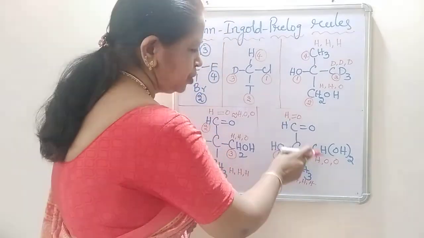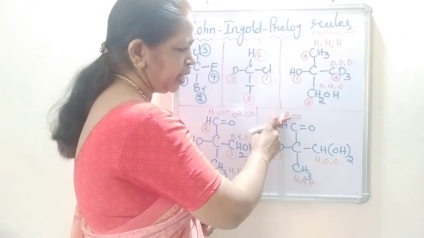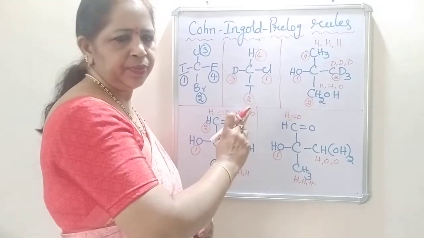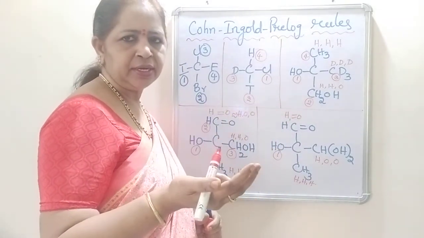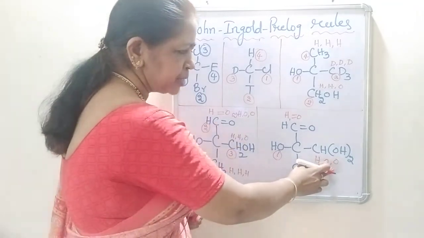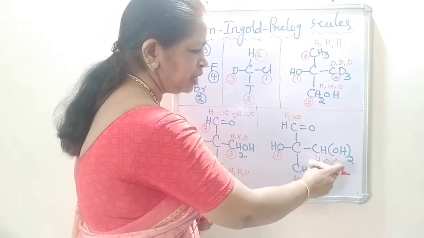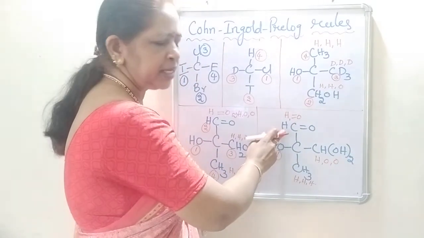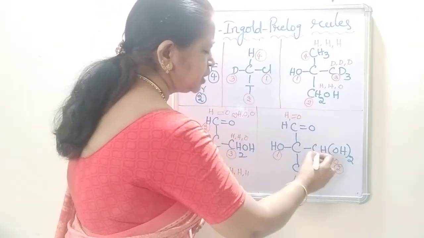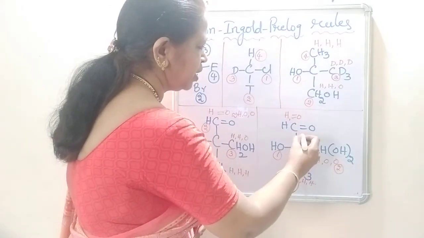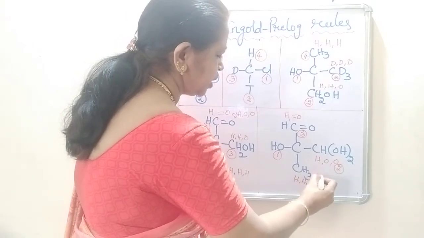Now, in these 2 groups which will be given priority? There is a double bonded oxygen here and there are 2 OH groups here. In this case, we are assuming that there are 2 oxygen atoms present, but in the other case there are 2 oxygen atoms really present. So, CHOH taken twice will be given the first priority over C double bond O. Right, students? So, second priority goes to CHOH taken twice, third priority goes to double bonded oxygen carbon, and fourth priority goes to the CH3 group.